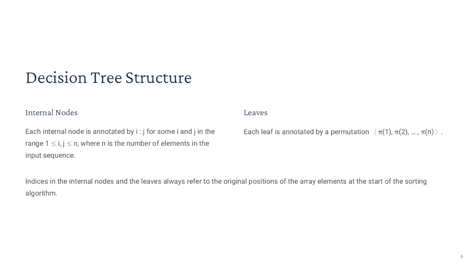The decision tree model provides a framework for understanding the internal workings of comparison sorts. Each internal node of the decision tree represents a comparison between two elements, denoted as a sub i less than or equal to a sub j, while each leaf corresponds to a specific permutation of the input. The internal nodes capture the algorithm's decision-making process, and the path from the root to a leaf represents the sequence of comparisons made for a particular input. For the sorting algorithm to be correct, every possible permutation of n elements must be represented as a reachable leaf